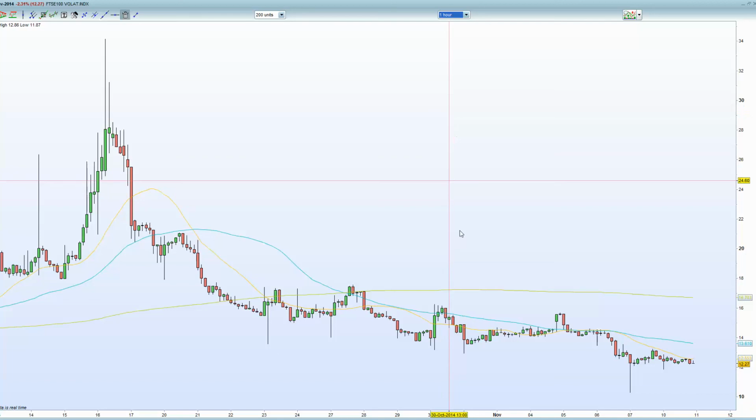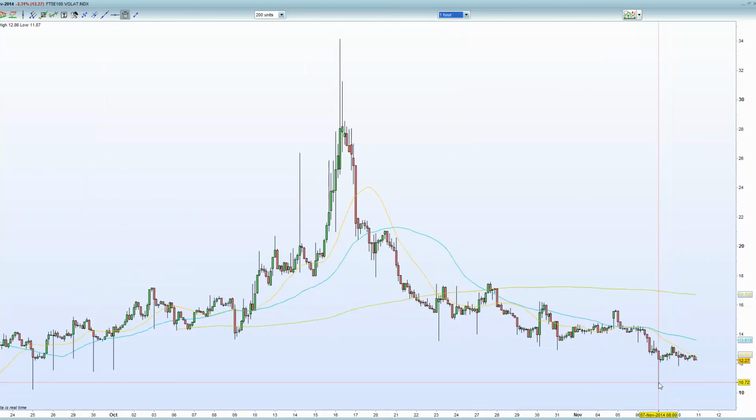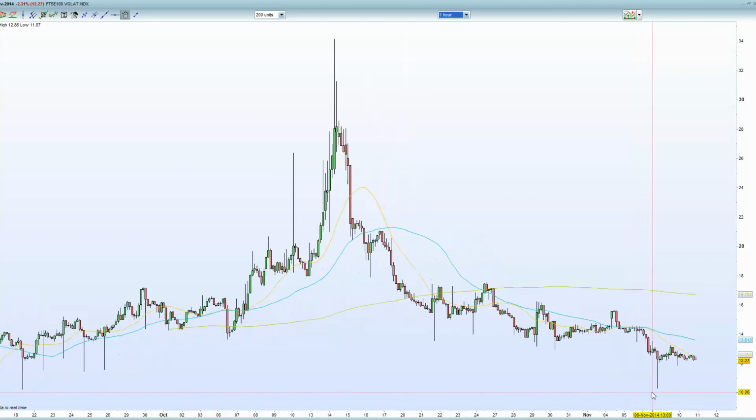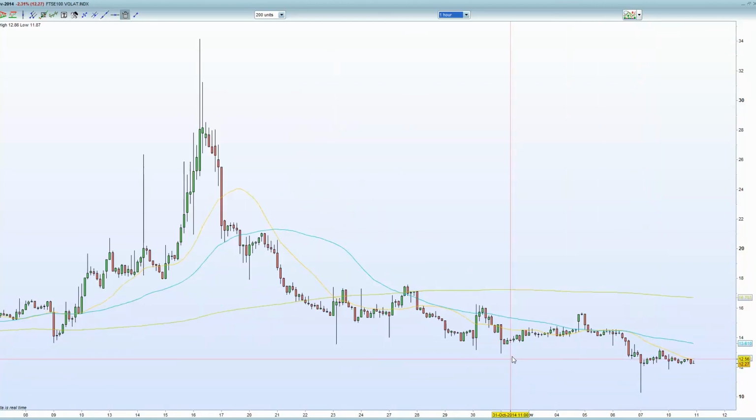We have put in a bottoming tail here. Okay, 7th of November, that bottoming tail is still holding. We did put a potential bottoming tail in the morning, and certainly that holds for now. Okay, so from my perspective, certainly still looking bearish, given the fact that oil has dropped from $80, gold has